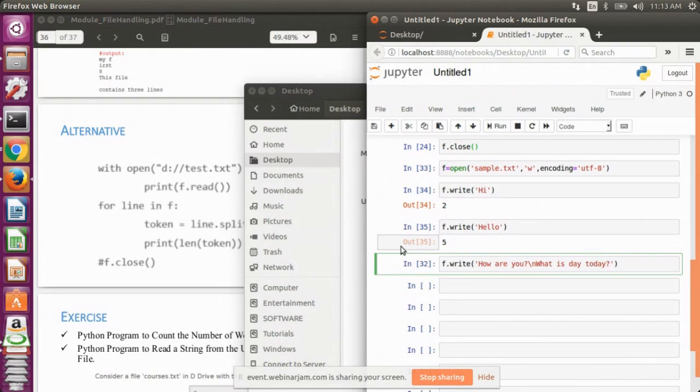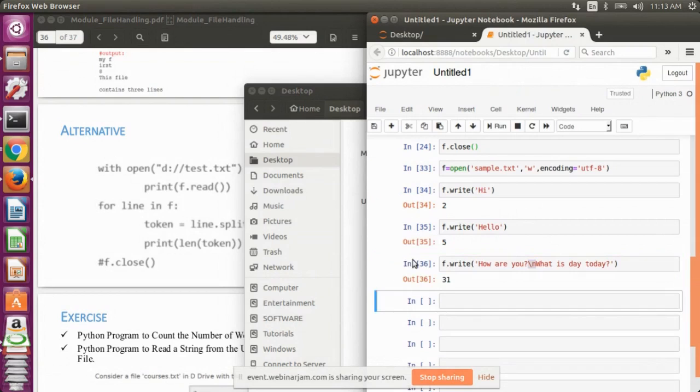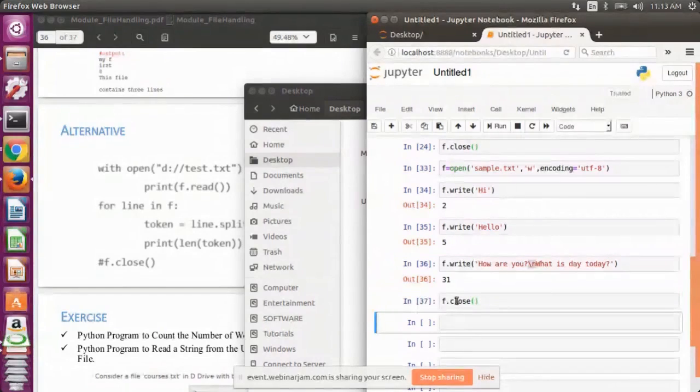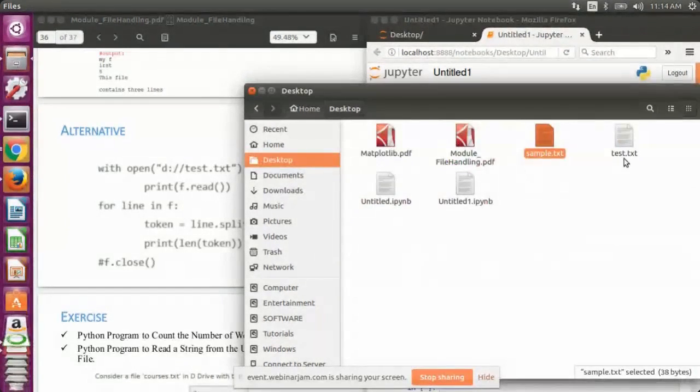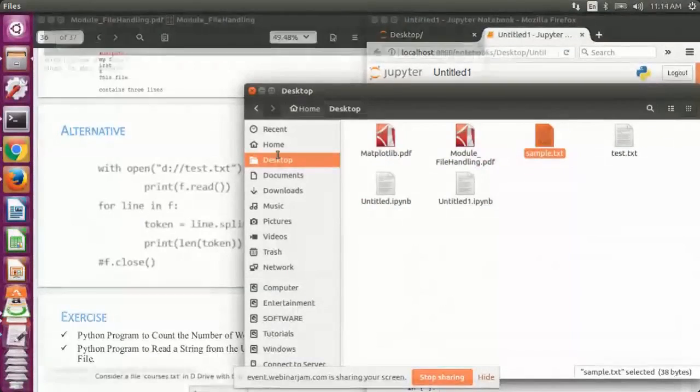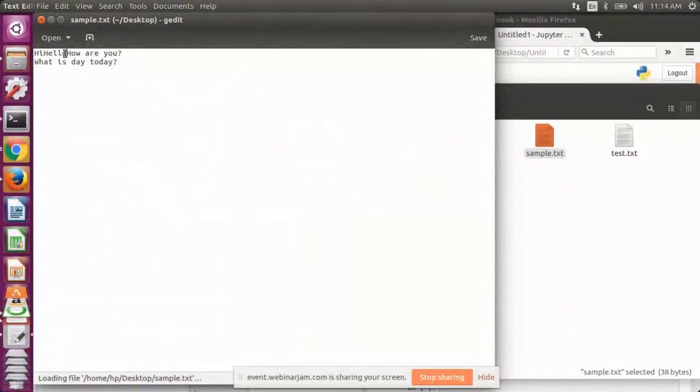Now, hi, hello, how are you will come in a single line. The next text, what is day to day, will come in the next line because I have used a new line character in between these two statements. So let's run this. Now if I write f.close, and now if I see the text in my sample file, it is hi, hello, how are you?